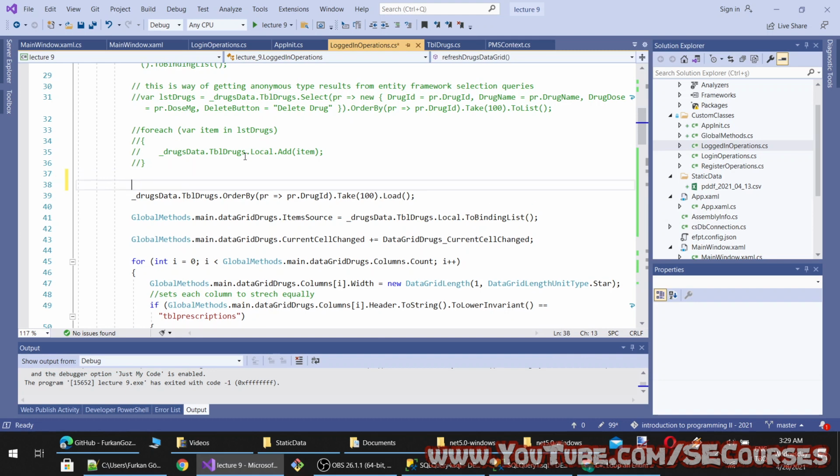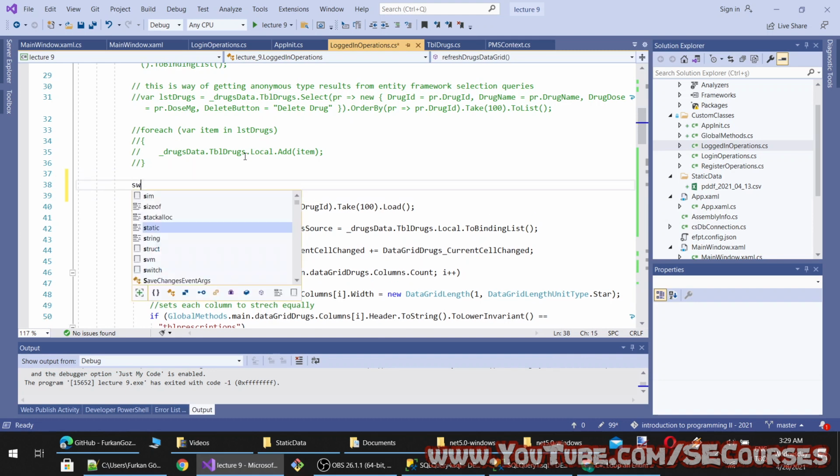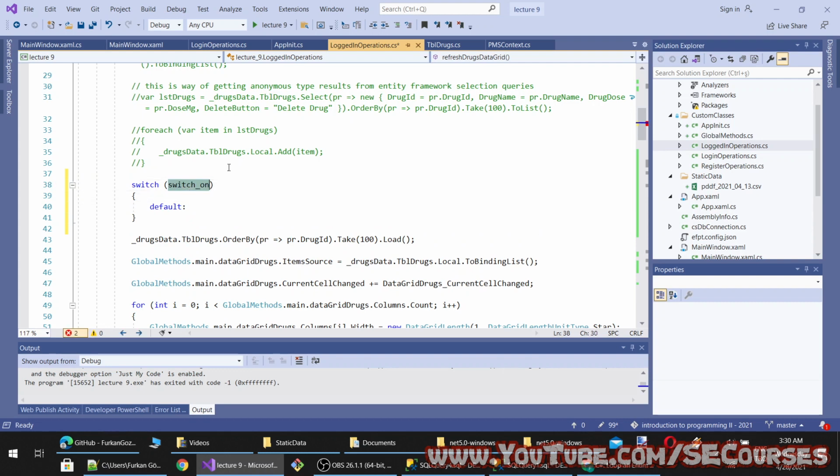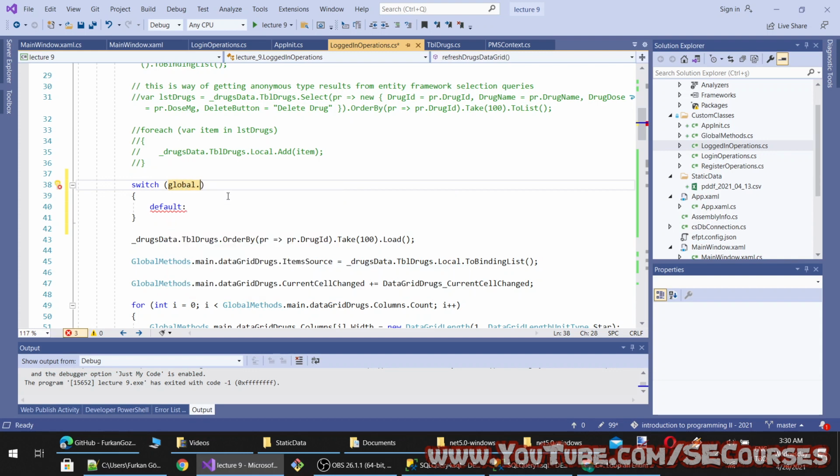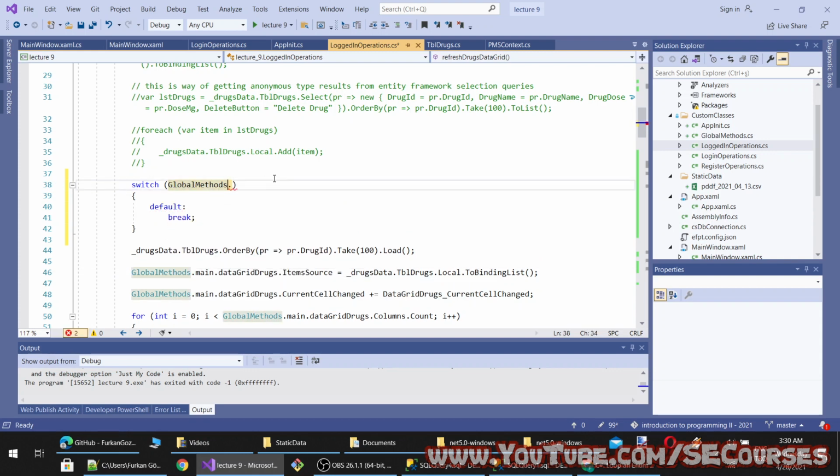Okay, so we are going to have a switch, and this switch will take global methods dot main dot combo box user sorting drugs. Okay, and maybe it will auto generate.